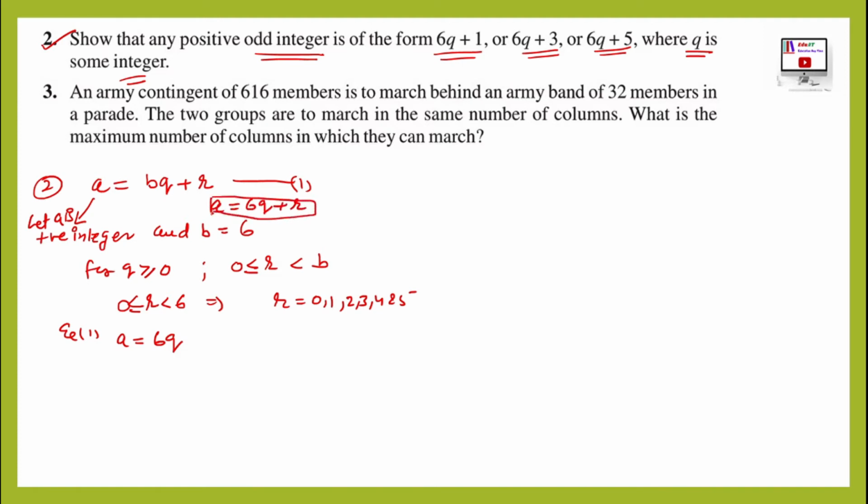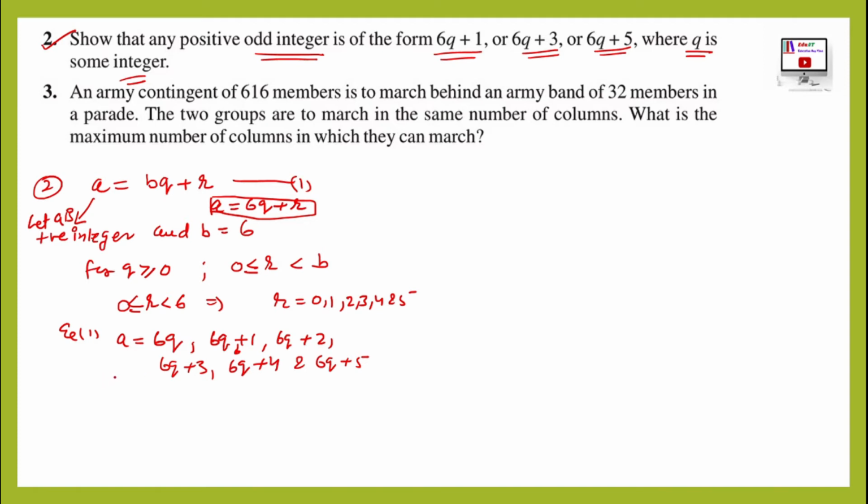इस इक्वेशन में हमने बॉक्स के अंदर जो दी हुई है, r को हमने 0, 1, 2, 3, 4, 5 रखना है, तो a आ जाता है हमारा, पहला 6q आएगा r 0 के लिए, और r is equal to 1 के लिए 6q plus 1, next 6q plus 2, or it may be 6q plus 3, 6q plus 4 and 6q plus 5. So a may be 6q, 6q plus 1, 6q plus 2, 6q plus 3, 6q plus 4, 6q plus 5.